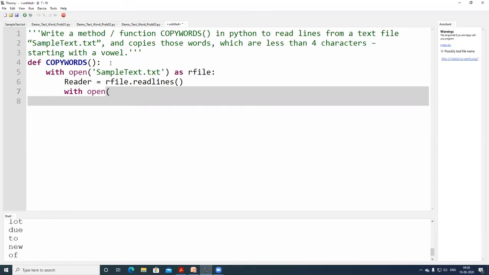I am giving a name: copied sample text with words, some file name. A big name, it seems, .txt.